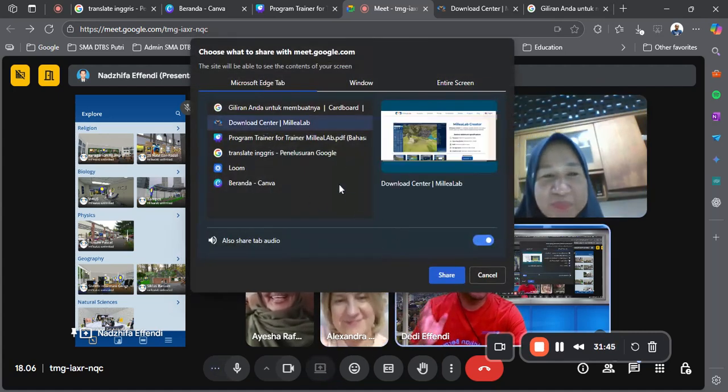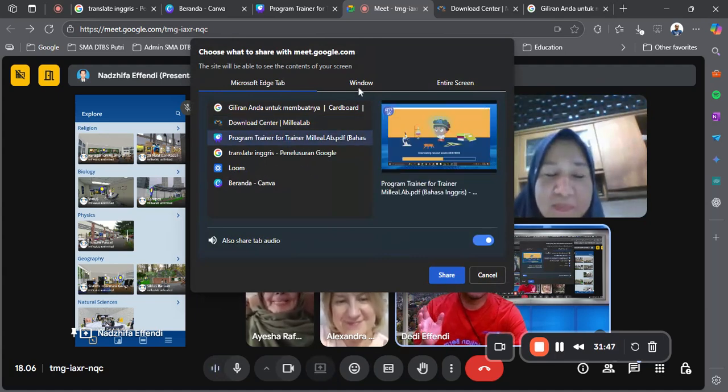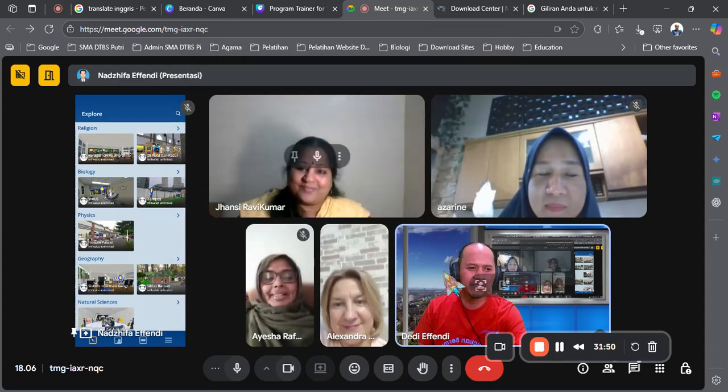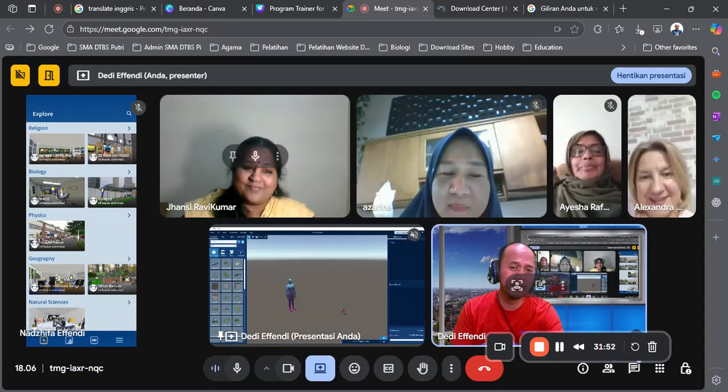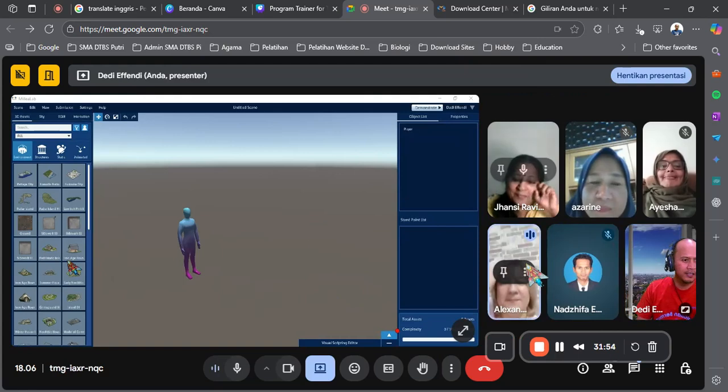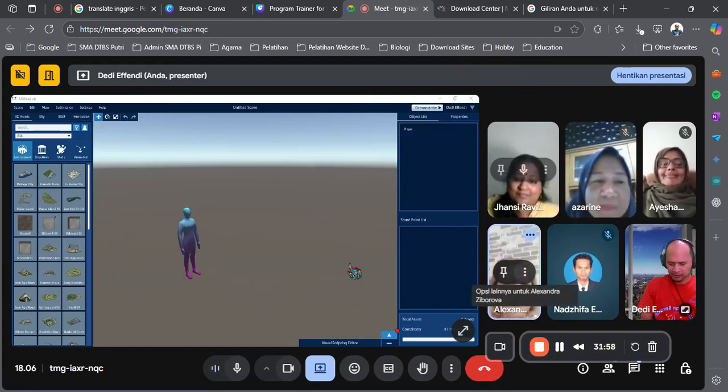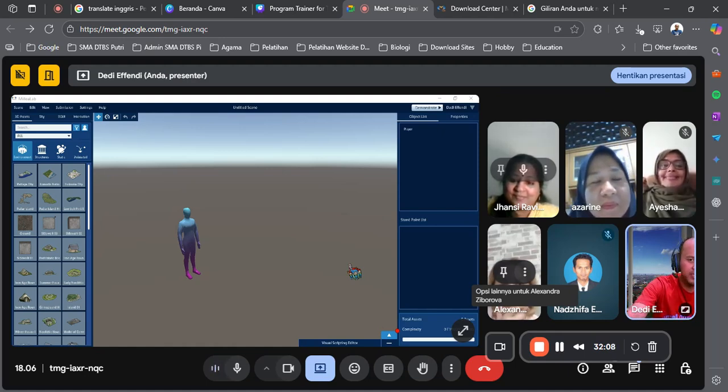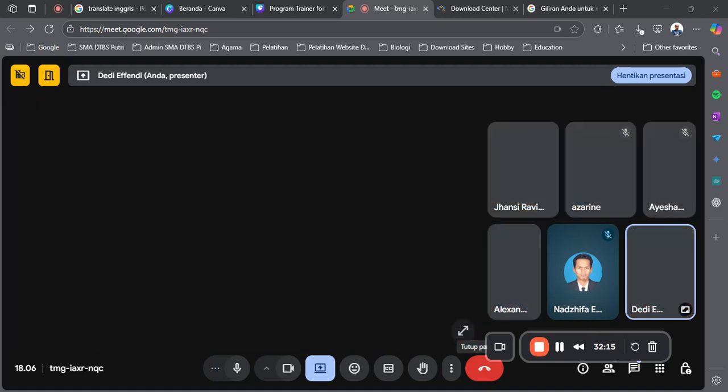So, how can we make that? Is it possible for us to use this Melia VR to do that? I have to share my computer screen in Melia Lab Theater. Okay, yes, we can make that in this Melia Lab Creator.